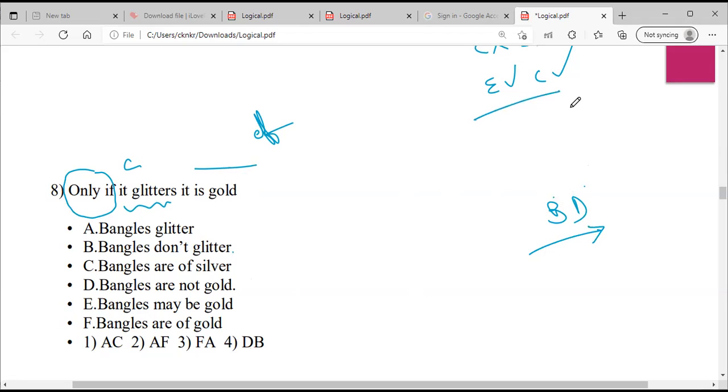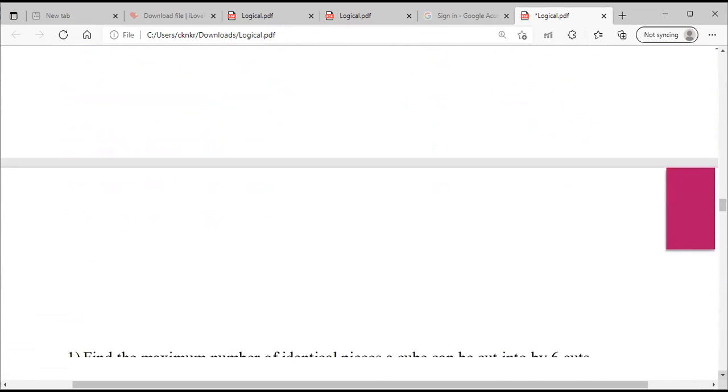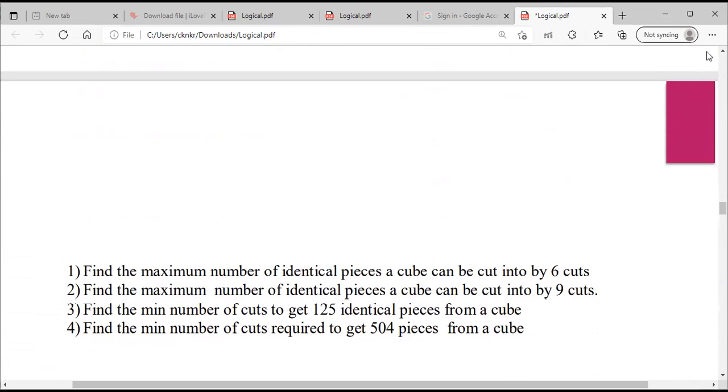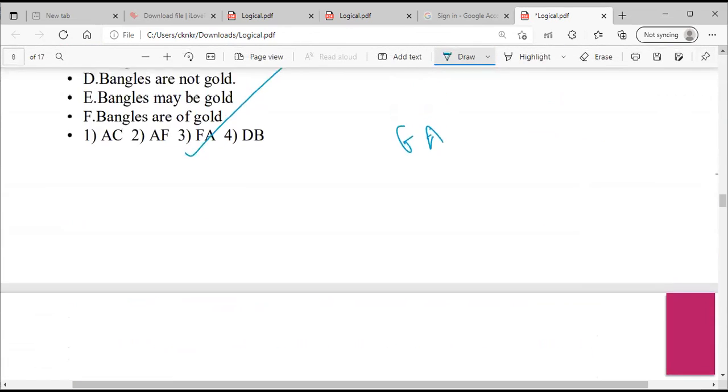Now go to the second logic. The effect happens: it is gold. Bangles are of gold. Where is the statement? F. Then the cause has to happen: bangles glitter. Where is the statement? A. FA should be the answer. Do you have FA? Yes. The answer is the third option. So my friends, please understand the kind of questions we are having in logical consistency exactly